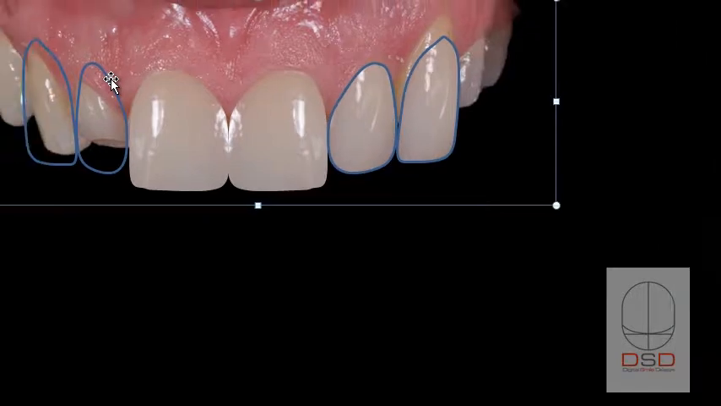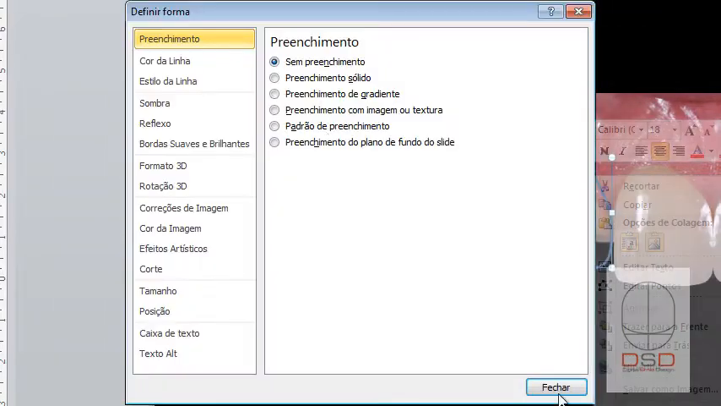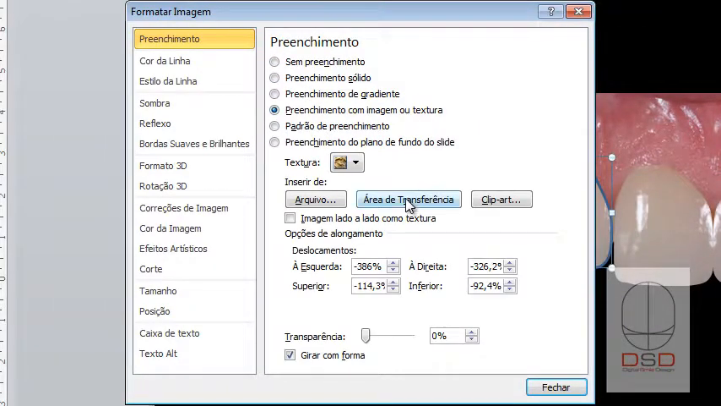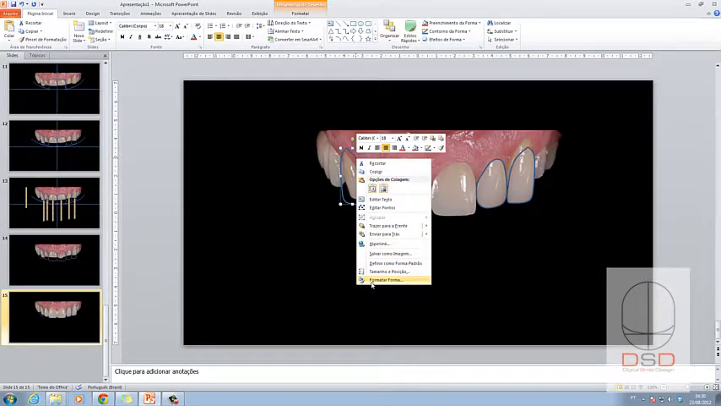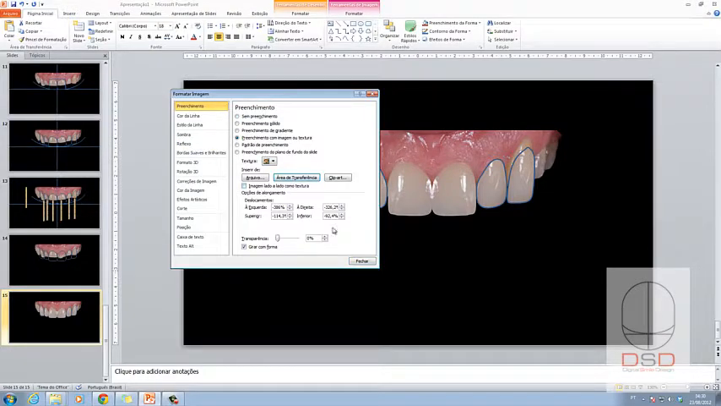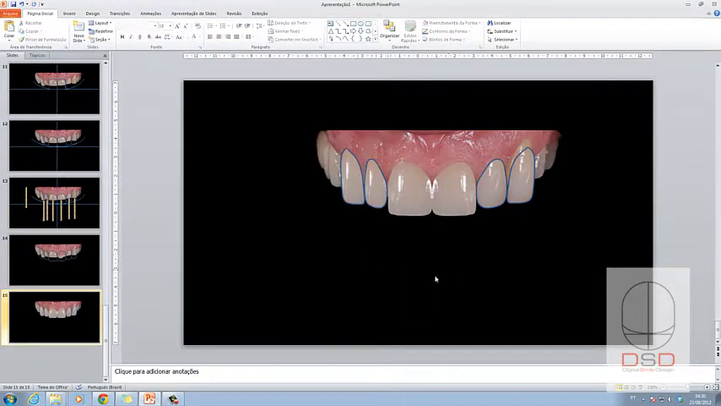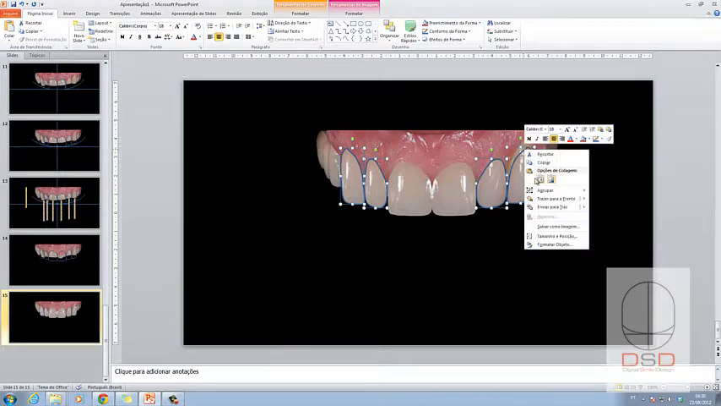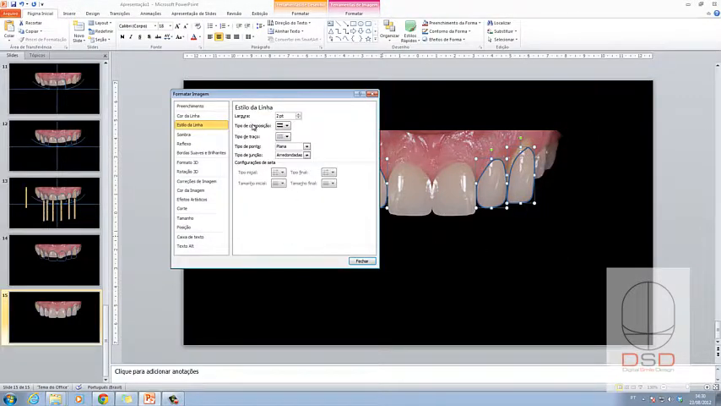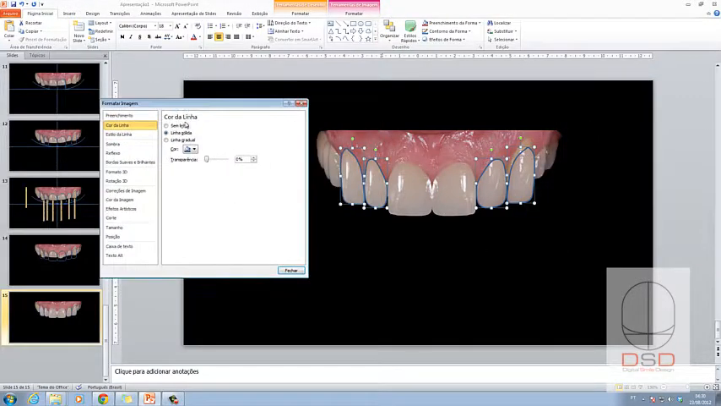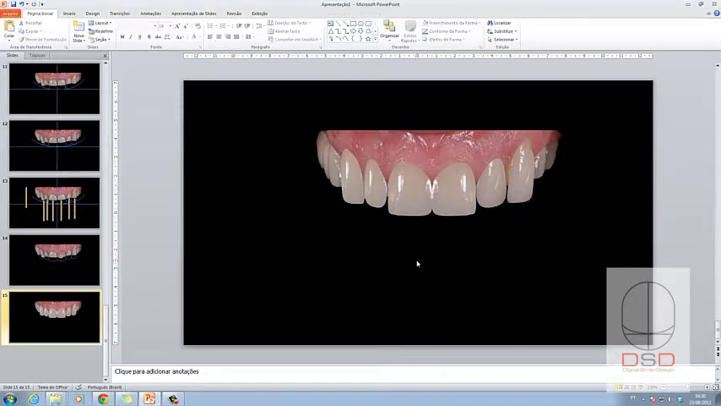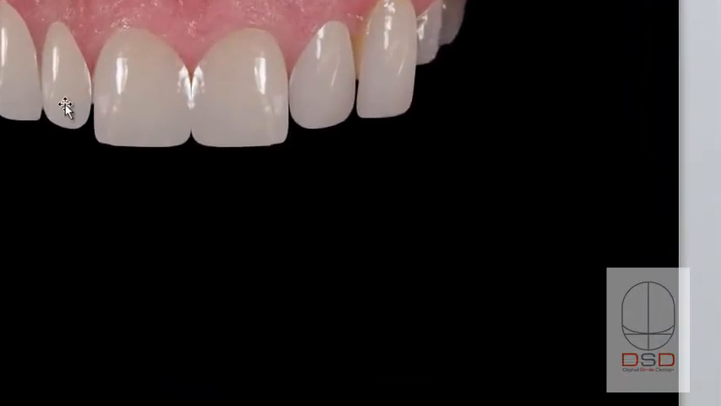Now let's go back to the same process here. Format figure, filling, transfer area, and I have it here, and the same here. Format figure, right there. Now let's select, pressing shift, I can select the four of them, right click, and then get rid of the lines, line color without line, and this is how my process starts to get a nicer